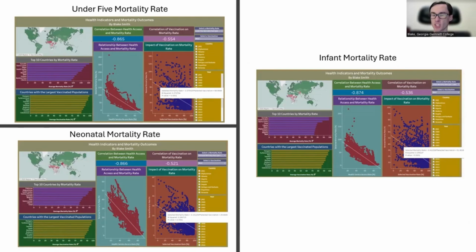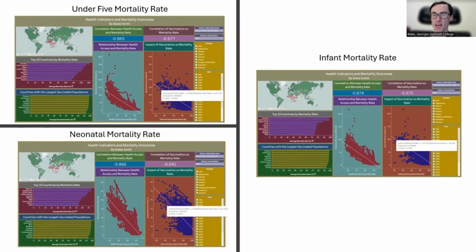Now let's examine the relationship between DTP3 vaccination rates and these same mortality rates. These screenshots highlight the relationship between DTP3 vaccination rates and the three mortality rates we identified earlier. Compared to MCV2, DTP3 shows a stronger relationship with these mortality outcomes, with the correlation coefficients indicating a strong negative association. This means that countries with higher DTP3 vaccination rates generally experience lower infant, neonatal, and under 5